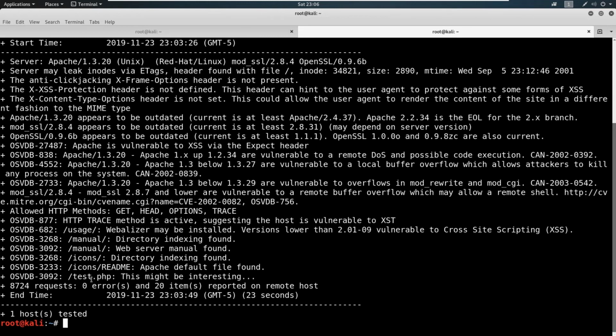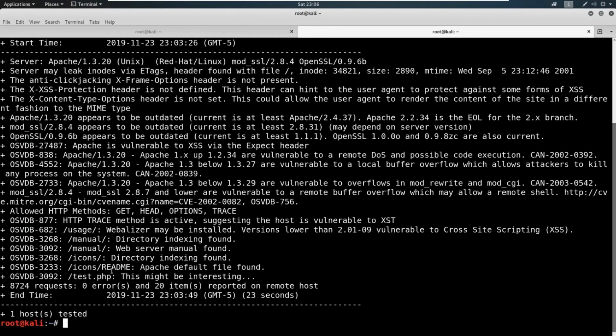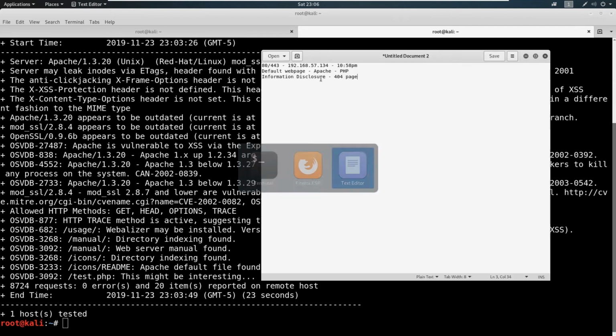It's got all these different items that it found doing this word list. Now we're going to do a little bit of directory busting here in a second. So we'll save this scan and we'll keep this in our notes, and we'll refer back to it here in a little bit. But what we need to know is we can Alt Tab and we can get our text